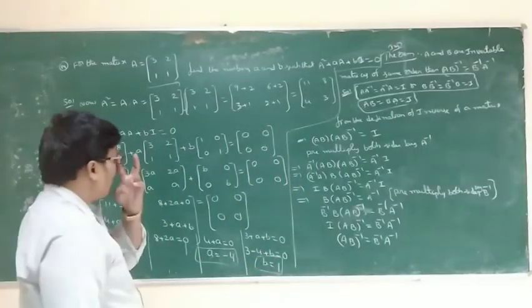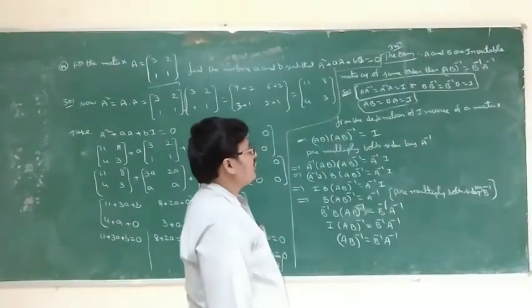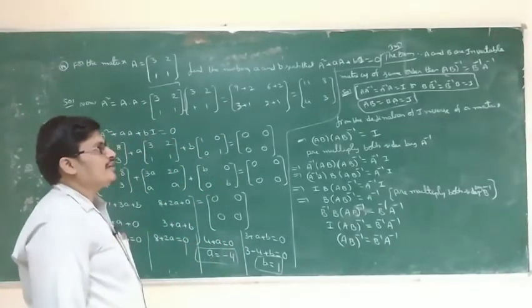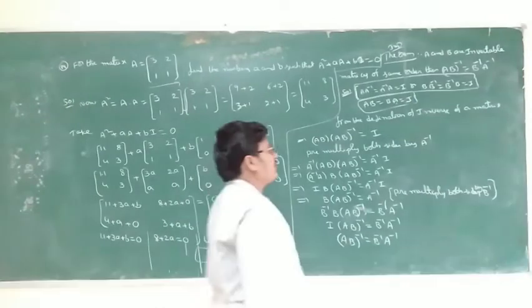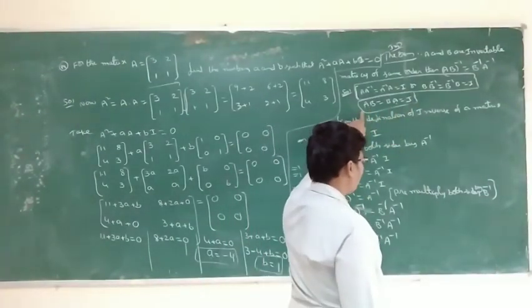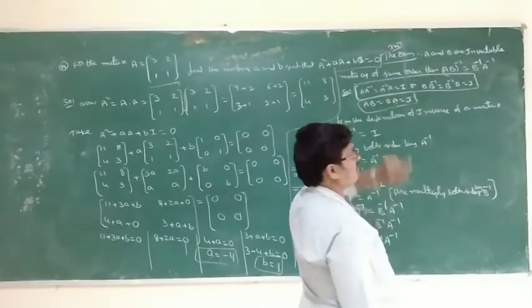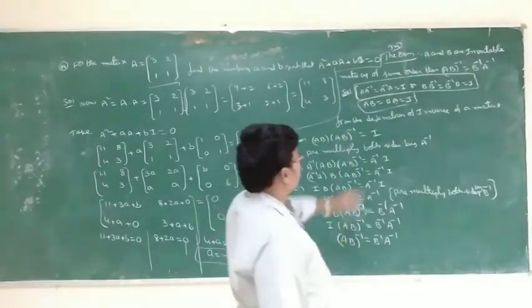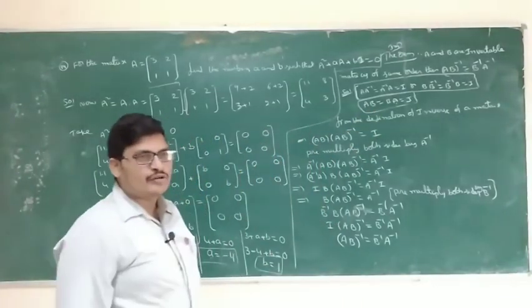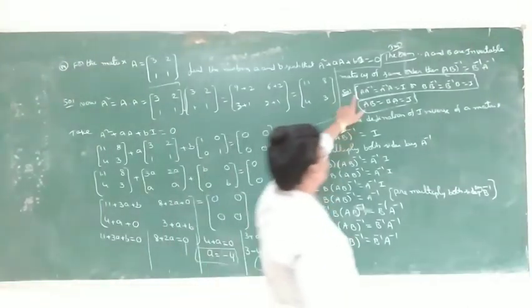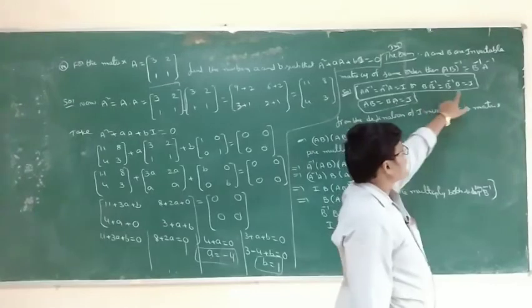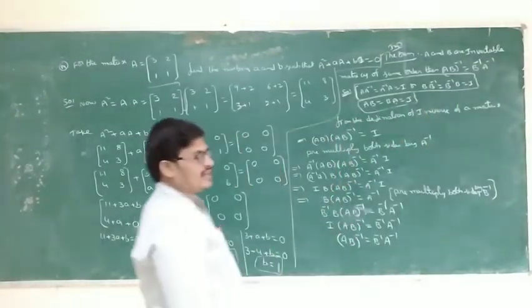So once again, if A and B are invertible matrices of the same order, then (AB) whole inverse is equal to B inverse into A inverse. What is the inverse definition? AB equal to BA equal to I, B is the inverse of A or A is the inverse of B. The inverse of A is denoted by A inverse, the inverse of B by B inverse. Simply, A into A inverse is equal to A inverse into A is equal to I. This holds for any matrix, not only A and B.